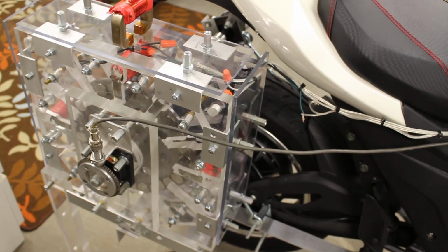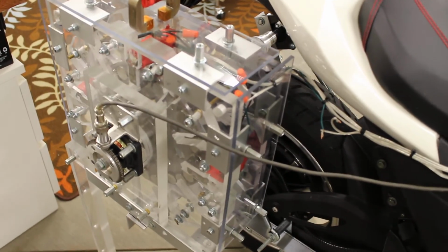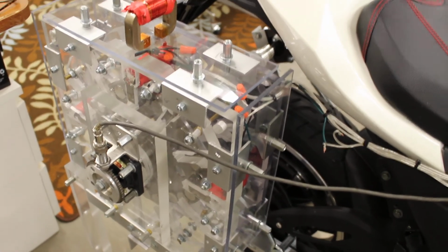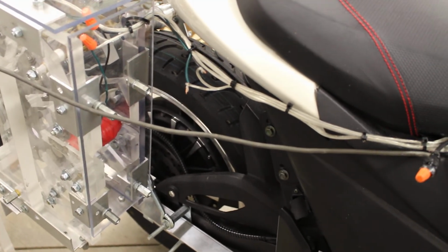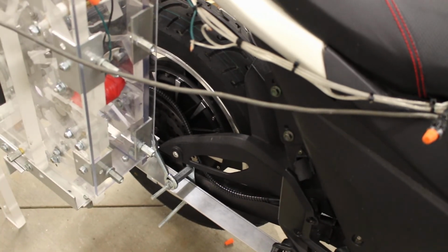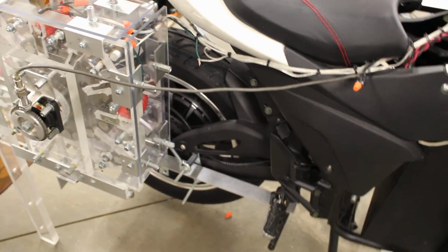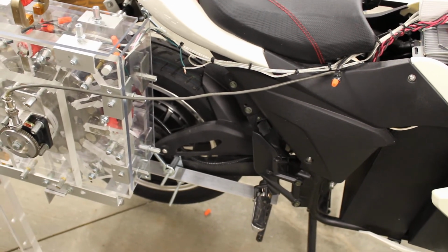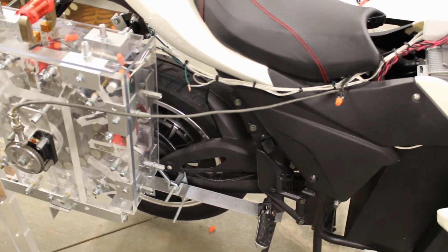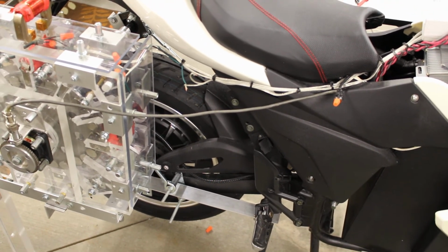The plan right now is to integrate the ReGenX motor into the hub motor for electric vehicles, for electric motorcycles, bicycles, scooters, cars, and eventually for trucks. So that's the introduction to the technology,